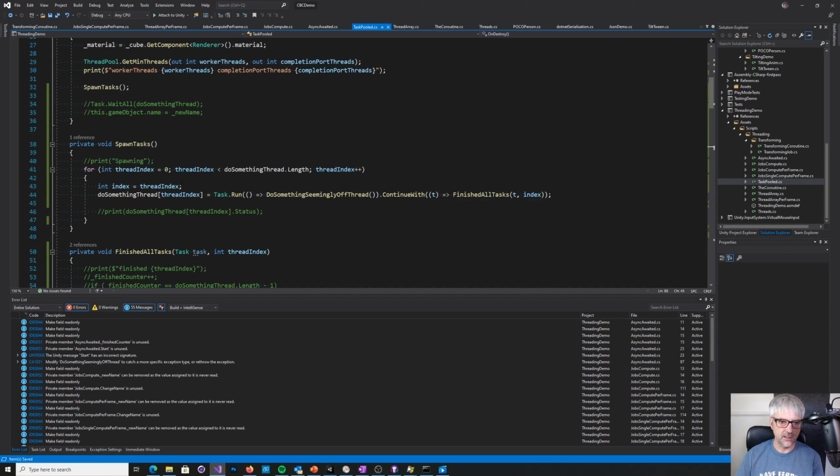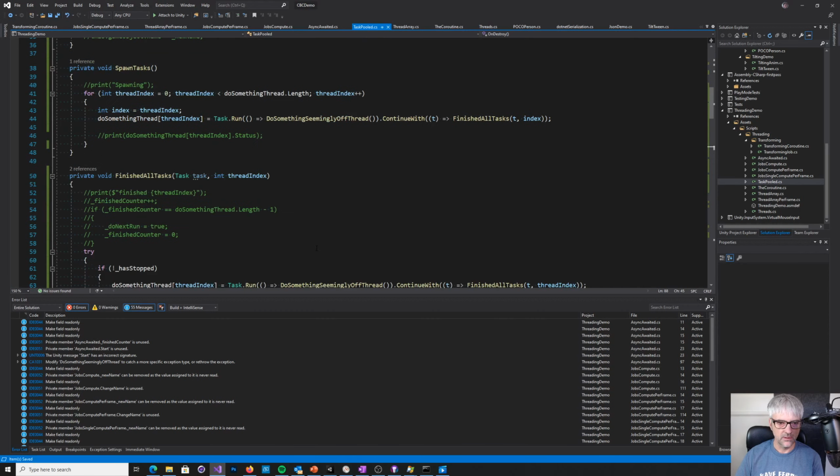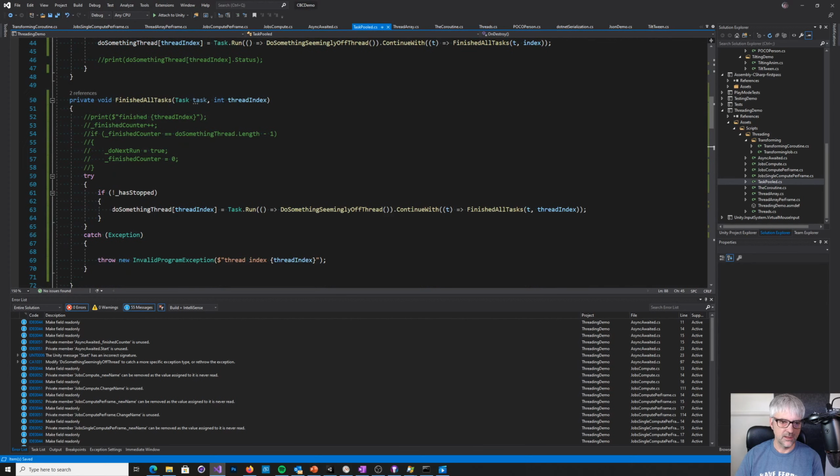Now, previously, I was doing this spawning every time in the update frame. And obviously, there was something in there about just the overhead of creating it that was really slowing it down. So what I've done this time is when any one task finishes, it will spawn a new version of itself. It's kind of like it clones itself. So if task number 9 finishes, then it creates a new task number 9, and then it keeps on going like that. So if we run that now,